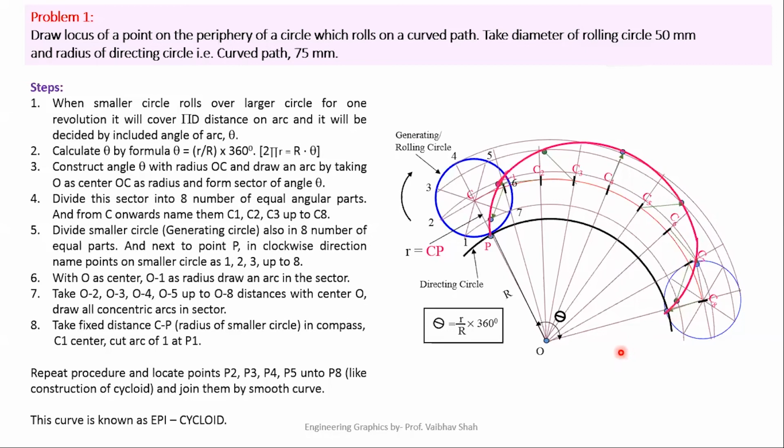Remember that each notation is necessary to get complete marks in examination. Each notation contains 1 mark. So always remember, if you are giving a dimension, you are getting 1 mark. For your notations P1, P2, P3, P4, you are getting 1 mark each. So you have to specify each of the notations in your example. So very easy, you have to follow these simple steps and you can have your epicycloid ready. But you have to remember this equation. If you forget this equation, then you can't generate your epicycloid in your examination.